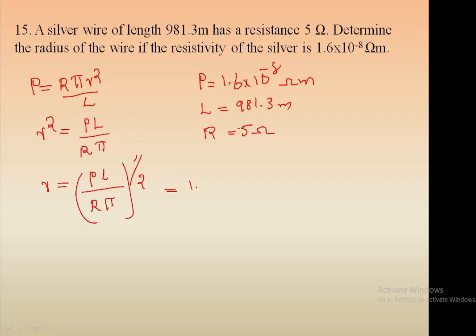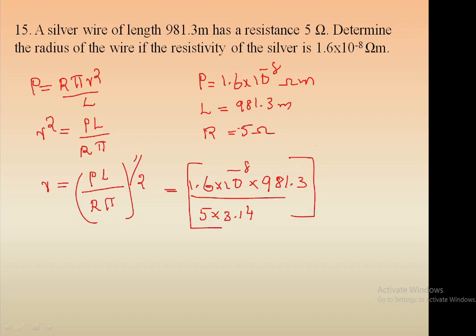Rho is equal to 1.6 into 10 raised to negative 8, length is equal to 981.3 meter, divided by resistance 5 ohm into 3.14, all raised to 1 by 2. Then after the calculation, you will get the value of the radius is equal to 10 raised to negative 3 meter, that is equal to 1